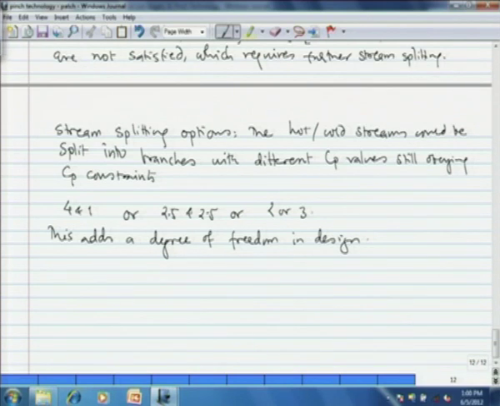Now, how do we choose between these options? We fix the heat duties on 2 units and change the branch flow rates, and then the temperature difference across each unit is changed. The best choice can be made by sizing and costing of various units in the completed network for different branch flow rates. So, that point we note, by fixing the heat duties on 2 units,